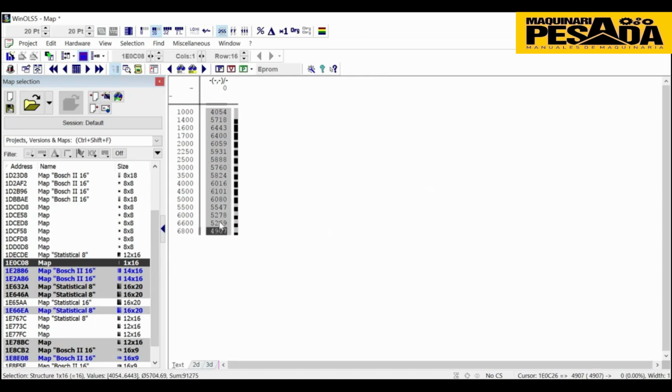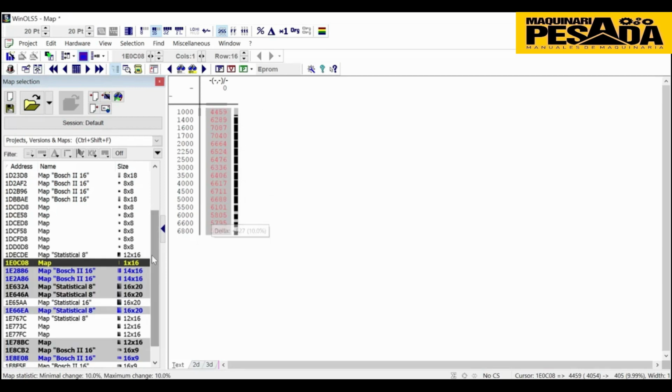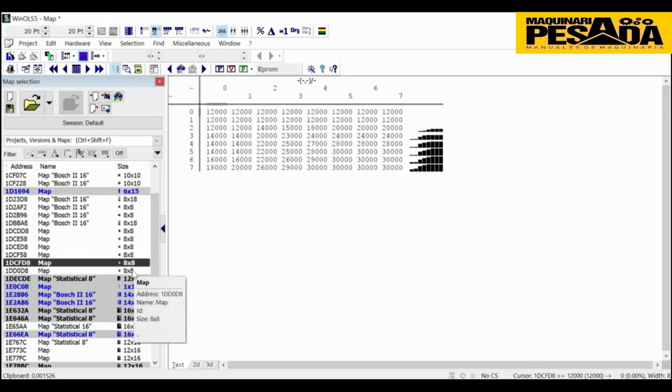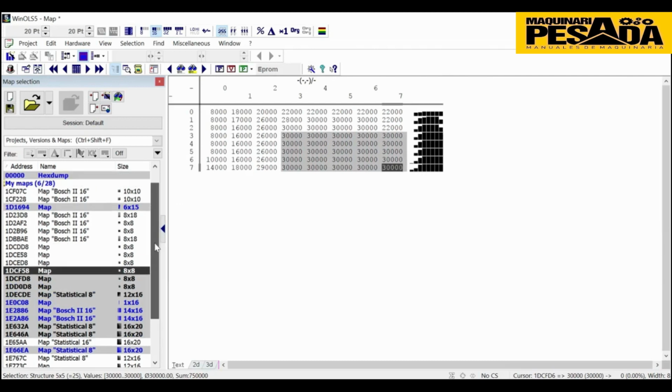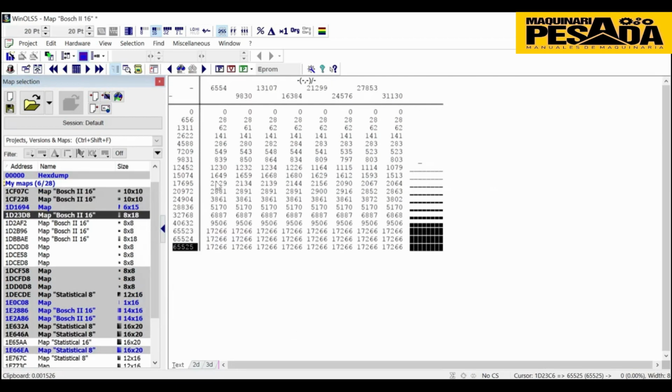About the limiter of turbo pressure, I mean air limiters, you can increase by 10%. No need to touch the requested lambda, but if you do, there's no problem. And rail pressure, you can even increase the rail pressure by 1 or 2%. Okay, increasing it will make atomization very good, but normally we don't touch that. And no need to touch the EGT. Okay, for this car, no need to touch the